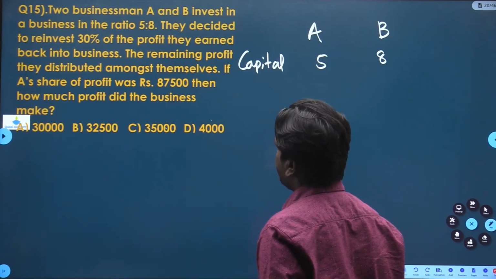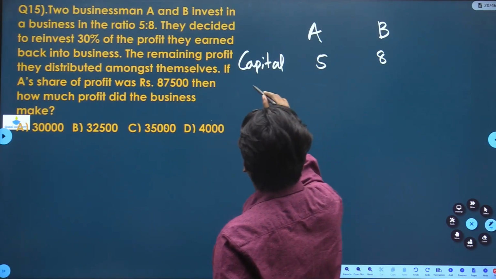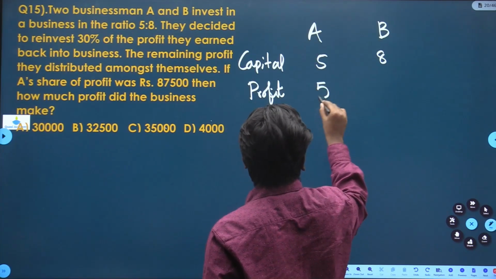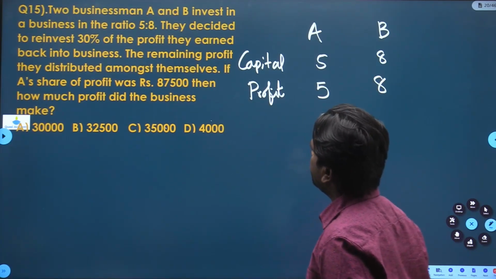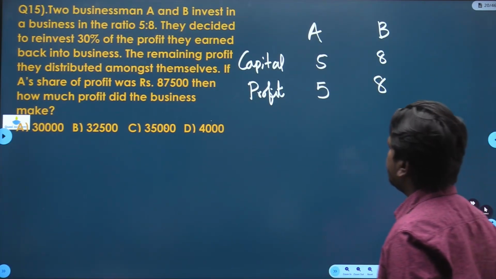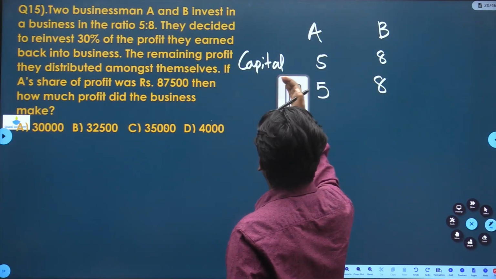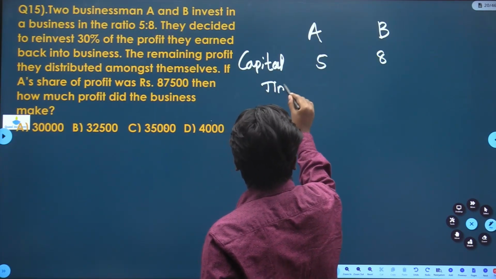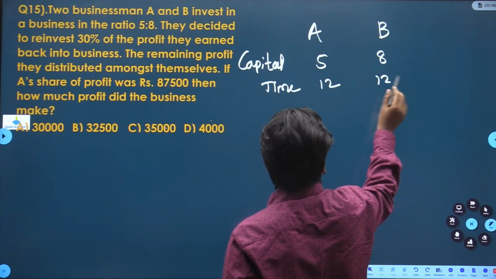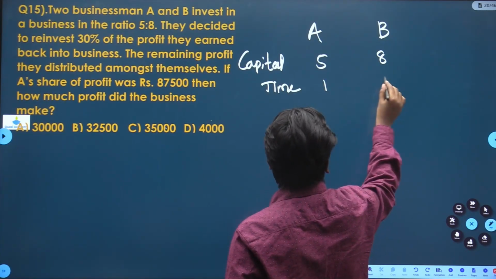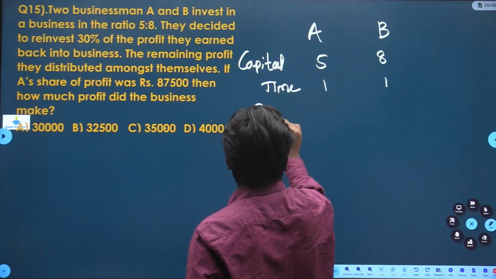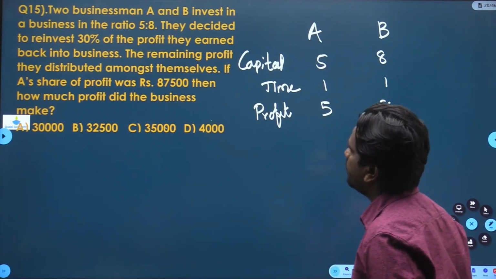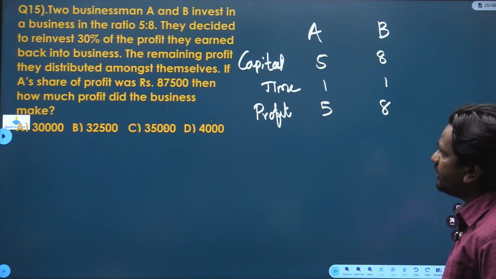So they have put their capital for the entire period. So the profit ratio will also be the capital ratio, 5:8. Now, some may be having confusion about how the profit ratio will be 5:8. Time will be the same, 12 months, so the profit ratio will also be 5:8. Okay. Now they decided to reinvest